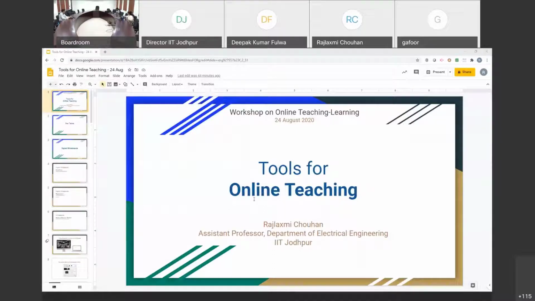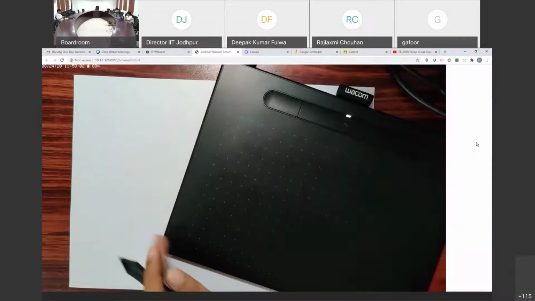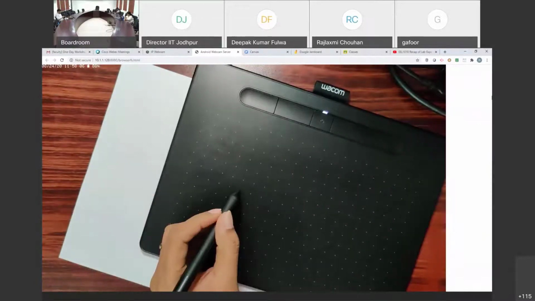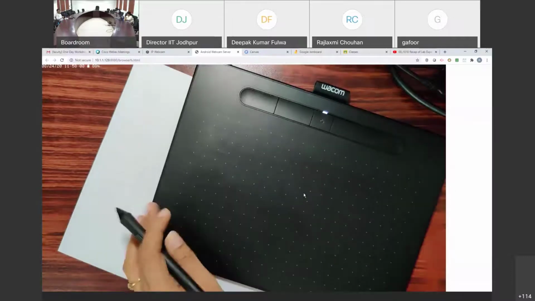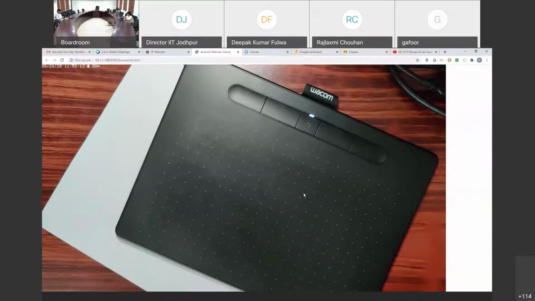And just on the note of a pen tablet, I would just quickly show you what Vandana was showing. Please tell me if you're able to see the screen. Are you able to see the pen tablet? Yes. So this is a setup that I've done with my mobile camera. I'll shortly come back to this and how you can use this for your lectures as well.